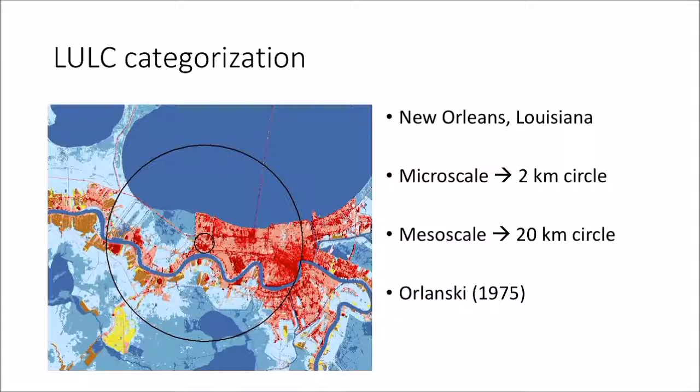So this is land use land cover at the micro scale, just within 2 kilometers of the station, mesoscale, 20 kilometers of the station. And I just did automated pixel counts. So whichever land use land cover type had the highest pixel count within the circle was deemed as the dominant land use land cover type for that station. So in the example of New Orleans here, we clearly see at the micro scale we have developed land, these different red colors, as the dominant land use land cover type. So it's an airport, also at a big city. The meso scale, you actually have water cover as the dominant type. So you have Mississippi River and the water there off to the north.